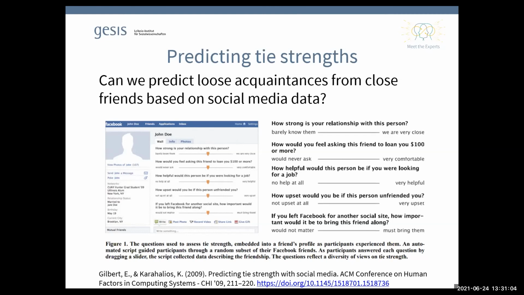In that case, they would do it in an experimental setup. So people would, together with the researcher, open their Facebook profile and would have to label for their different Facebook friends how strongly they feel connected to this person, or what the nature of the connection to this person is. At the same time, the researchers would get additional digital behavioral data from the person's online activities, like commenting on Facebook posts of the respective persons.